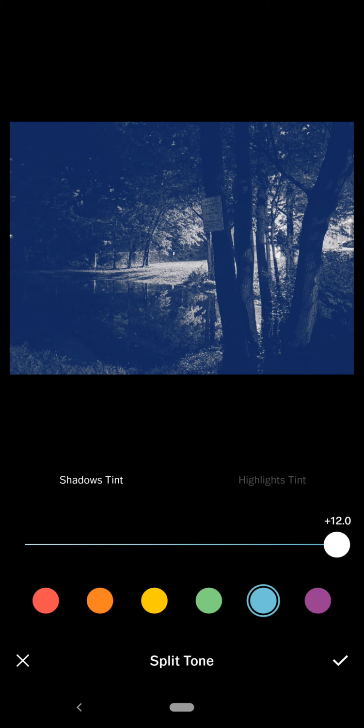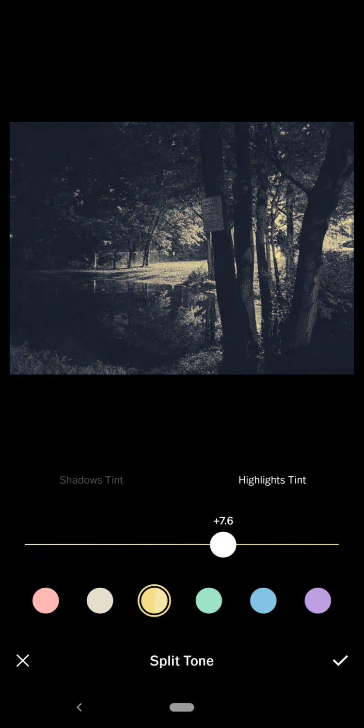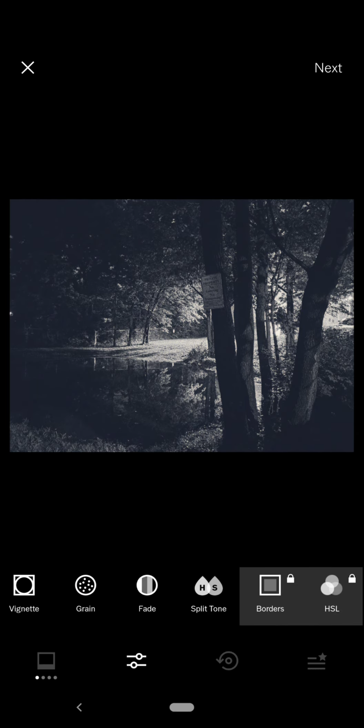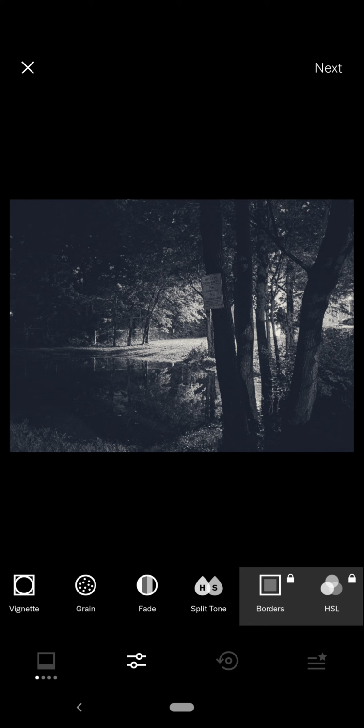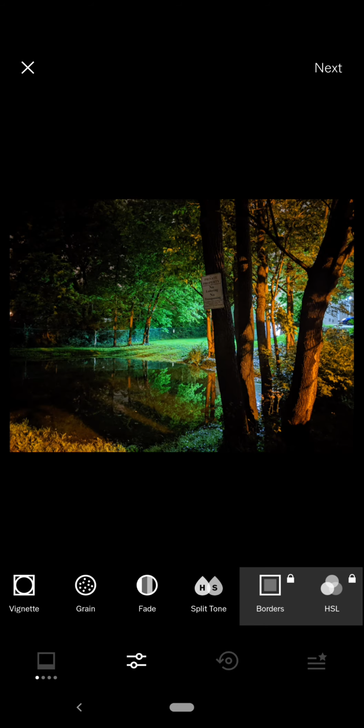Let's see. Highlight tint. Okay, so we're making this look like a film photo a little bit. So originally it had these bright bluish greens. I feel like the Pixel makes its greens look almost blue, and